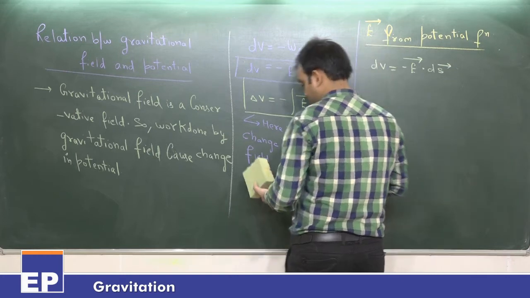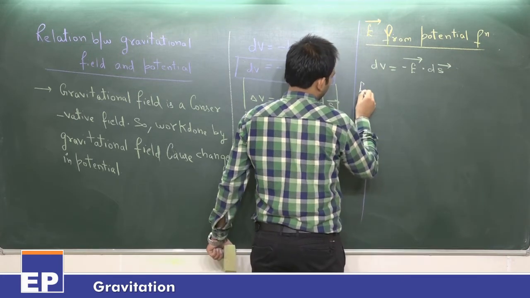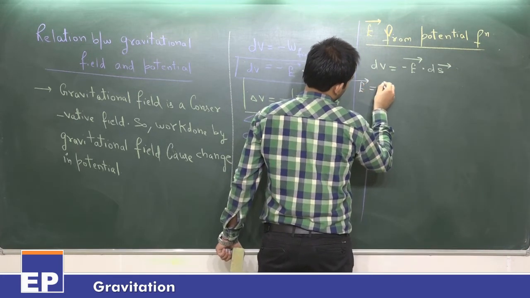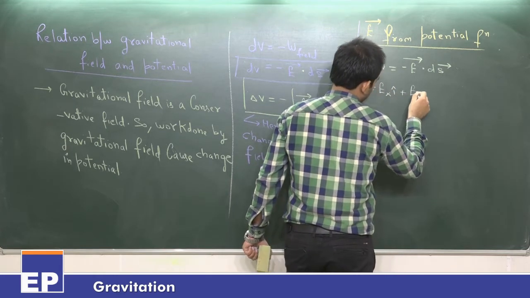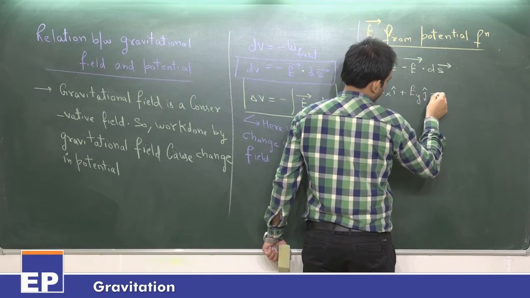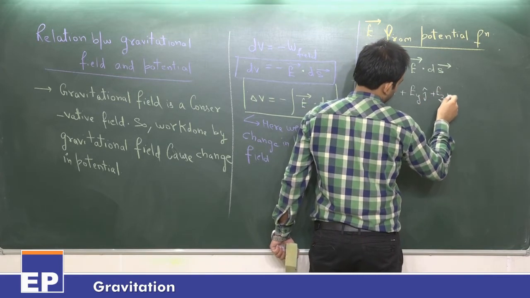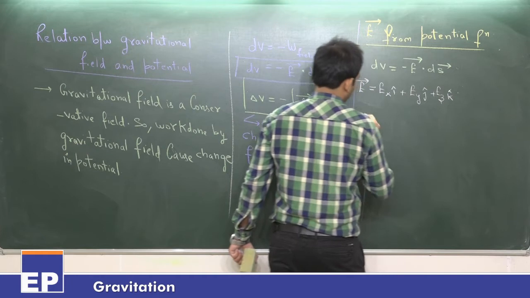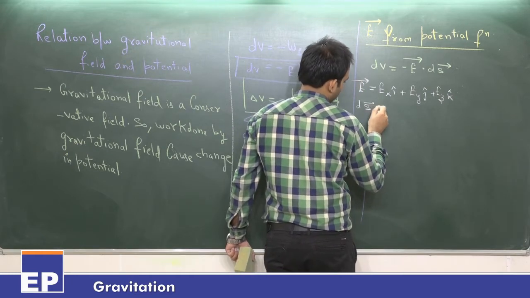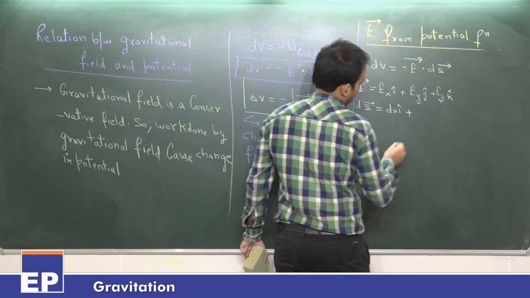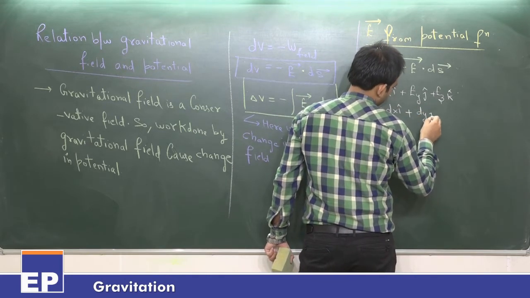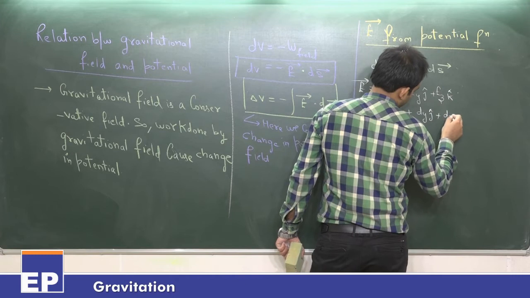If we take E equal to Ex i cap plus Ey j cap plus Ez k cap, and ds equal to dx i cap plus dy j cap plus dz k cap,